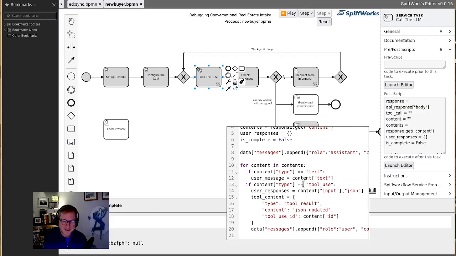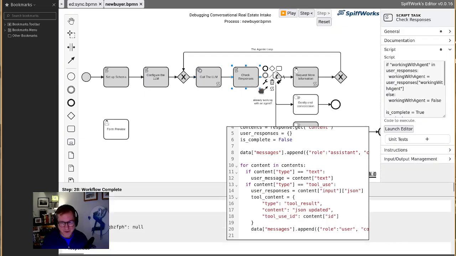And it's not that the LLM is really calling the BPMN. It's that it's pulling that information out, it's grabbing that information, and it's giving it back to us well structured. And so when we get to the next step, we really control the loop and can then look at